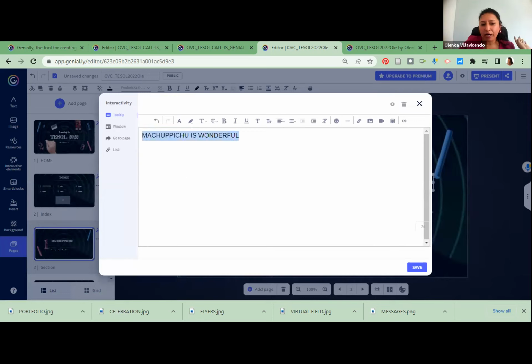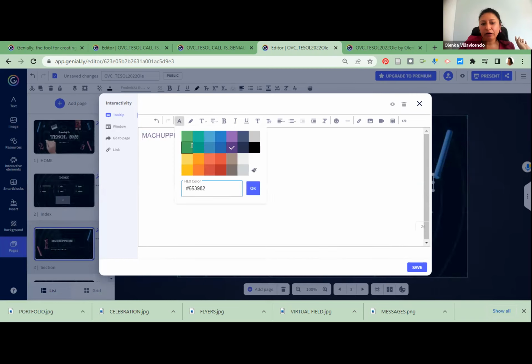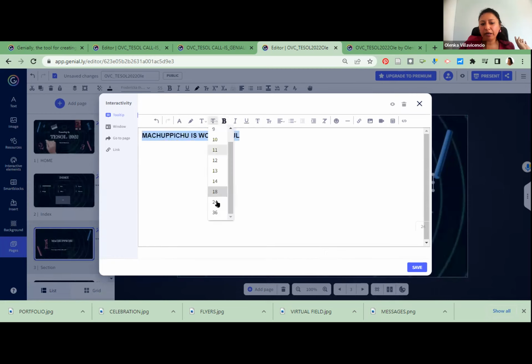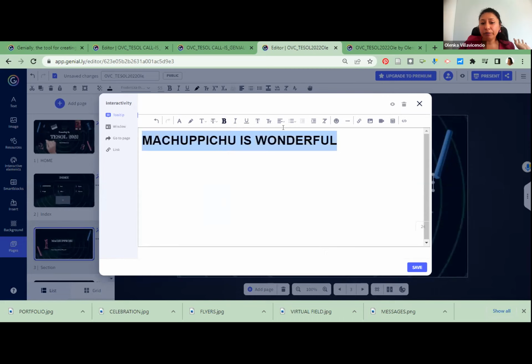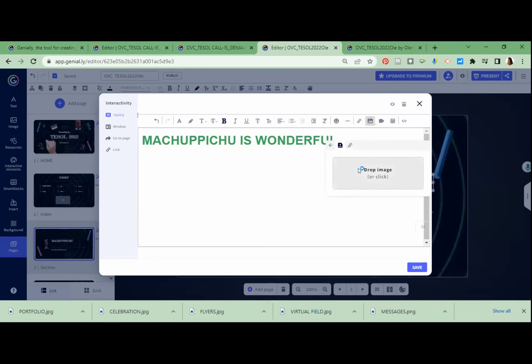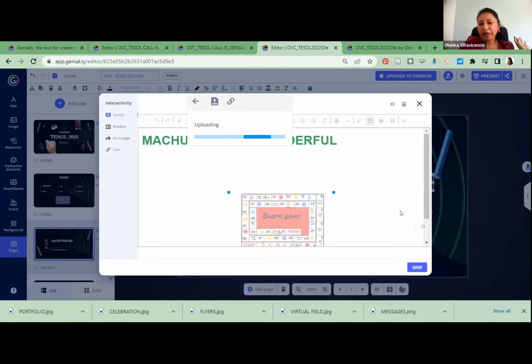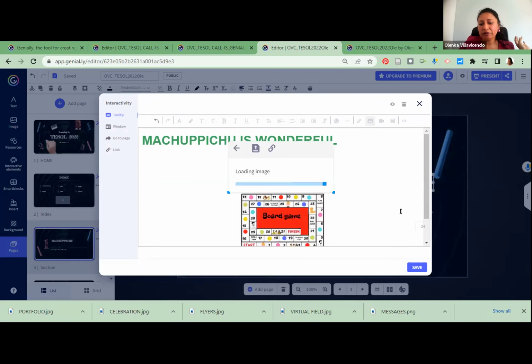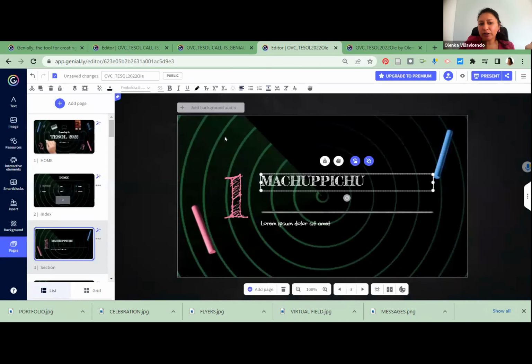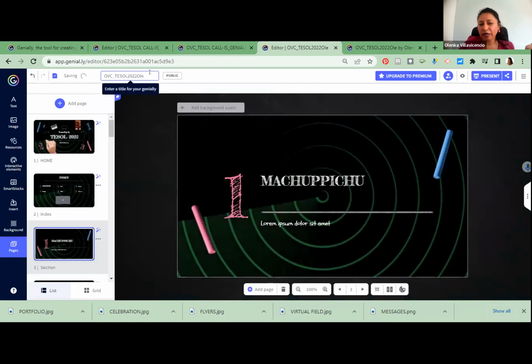You are going to put here, if you want, you change the color. I am going to put green color. It's much better. Green color. If you prefer, you are going to put bigger over there. Okay. If you prefer, you are going to put here a picture. Okay. You want to insert an image of Machu Picchu. So you go there. Okay. And you are going to click there. I am going to put this, yeah, the board game just in case, but this is the same over there. And yeah, that's it. No problem. Save. And that's all. So you don't need to do anything. Click here. Okay. Saving